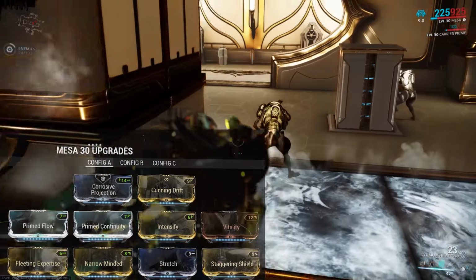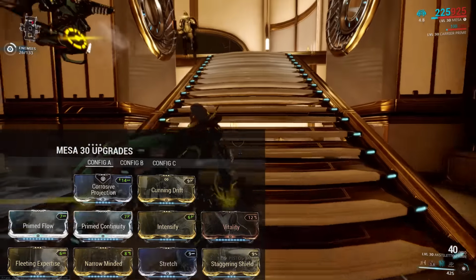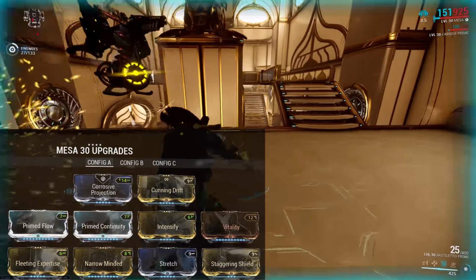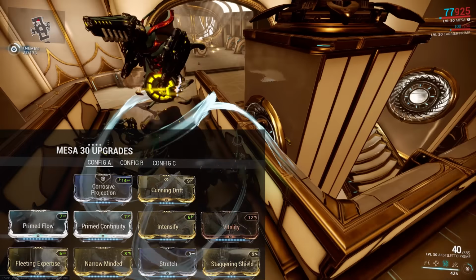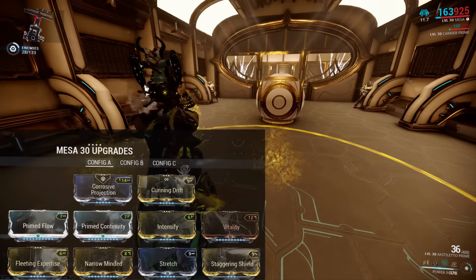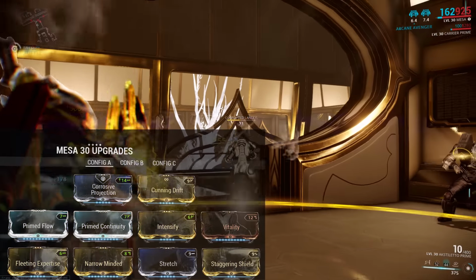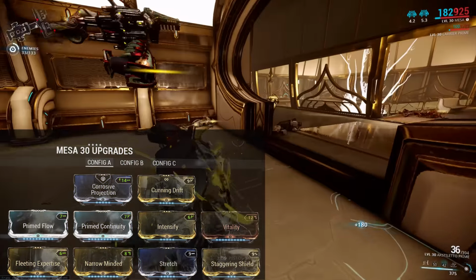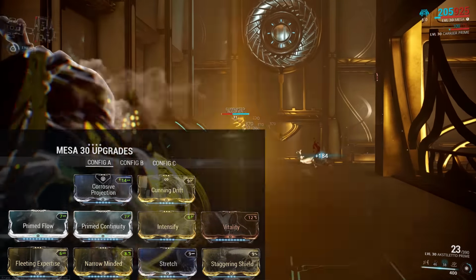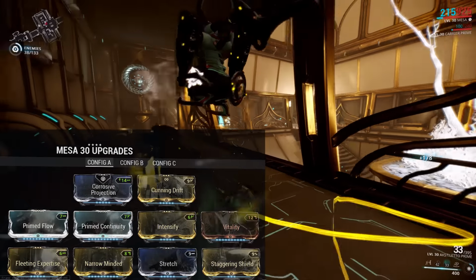So there you can see both Narrow Minded and Prime Continuity on there to compensate for the duration loss from the Fleeting Expertise that we have on there to compensate for the lack of Streamline. So there's a lot of compensation going on here for the various mods that we've got. And then to combat the range loss from Narrow Minded, we've got both Stretch and Cunning Drift on there. Range is important for the Shooting Gallery stun, so we want to try and keep that as high as we possibly can. After that, we have Vitality for survivability, and then the Staggering Shield augment, meaning that enemies get staggered by the return fire from Shatter Shield,